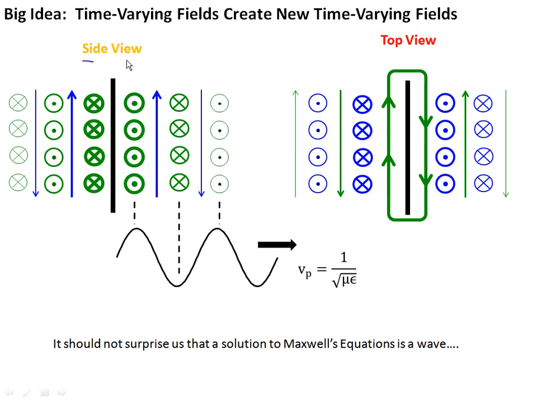Either on our side view or on our top view, if we extend this logic out, which is very hand-waving, very qualitative, it's not what you would do for the answer to a test or anything, we can essentially see that we get fields and the directions of the fields shift out of the screen, up along the screen, into the screen, down the screen, out of the screen, and so forth, for either the side or the top view. So it really should not surprise us that a solution to Maxwell's equations is a wave,